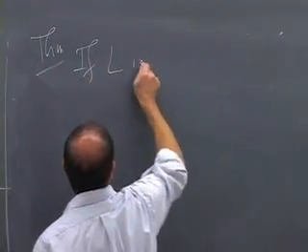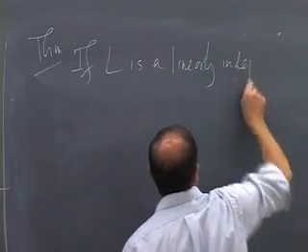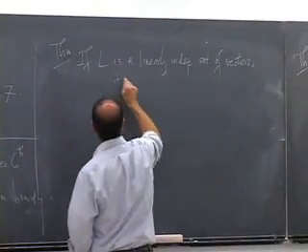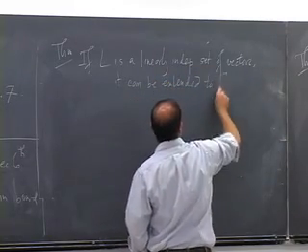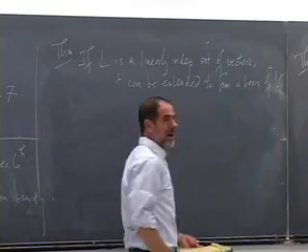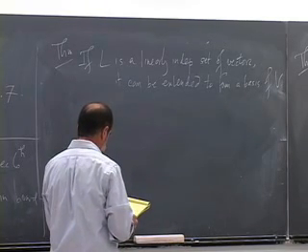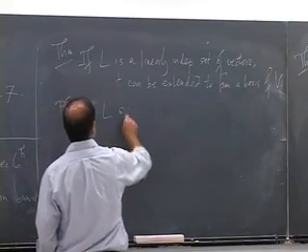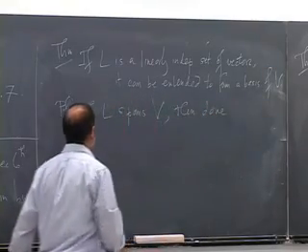If L is a linearly independent set of vectors, it can be extended to form a basis of V. Namely, you can add vectors to it one by one to get a basis. Okay, so a proof. If L spans V, then we're done, because it's a basis. If not,